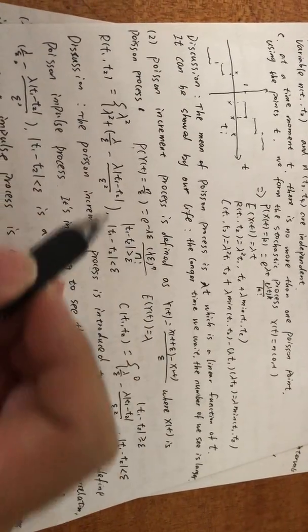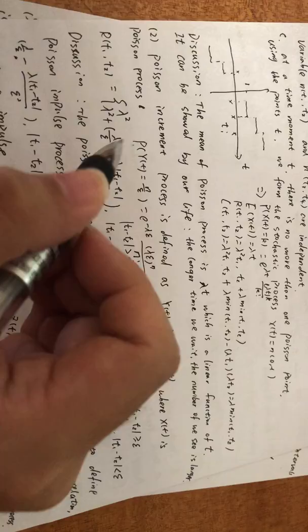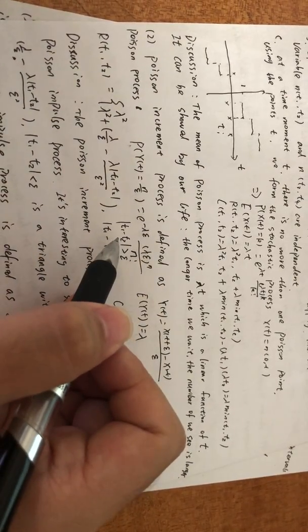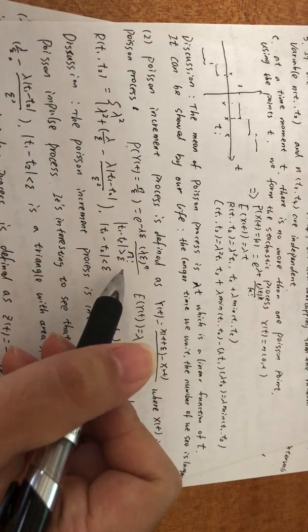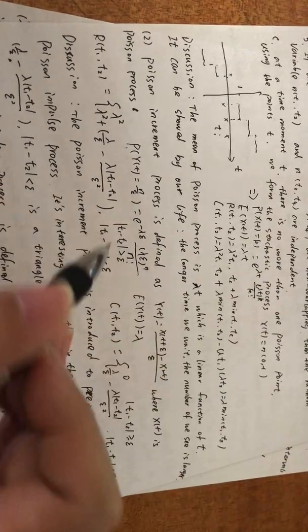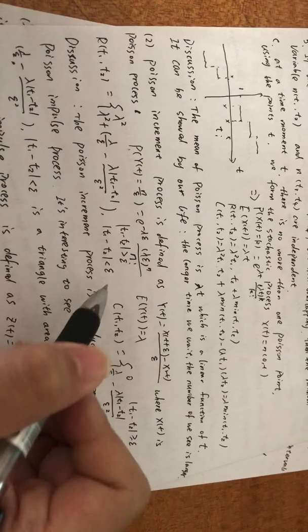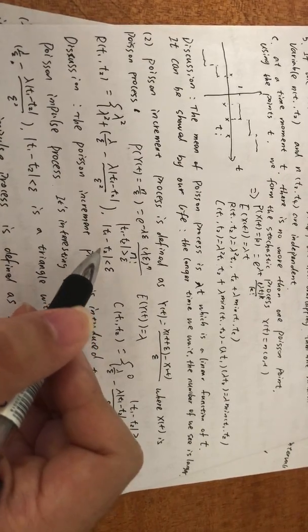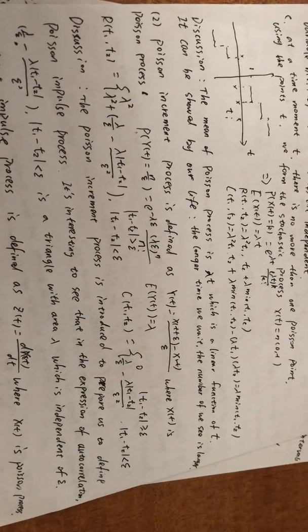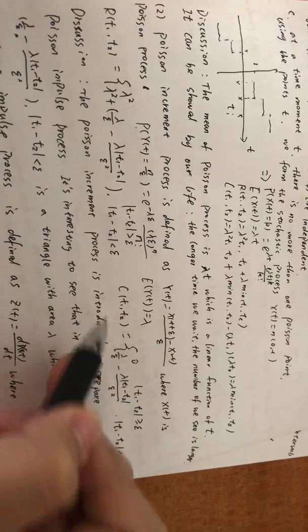We have two different conditions for this one: gamma square if the absolute value of t1 minus t2 is greater than theta, and another condition where the absolute value of t1 minus t2 is less than theta. And this is the function of the